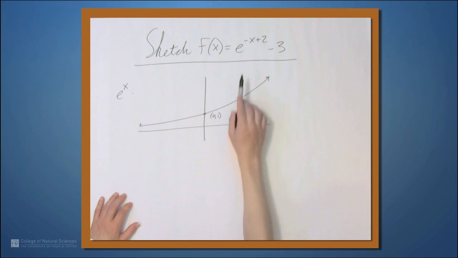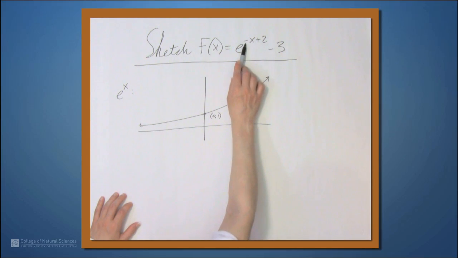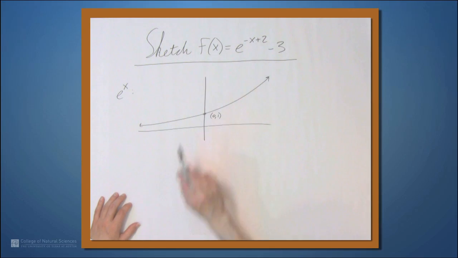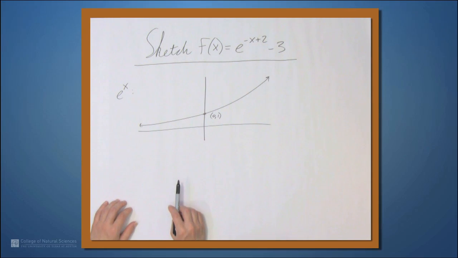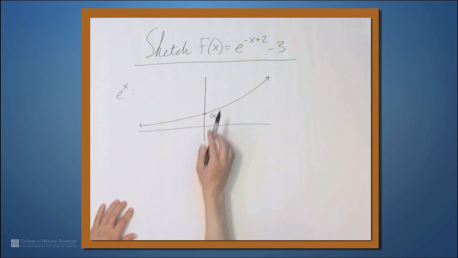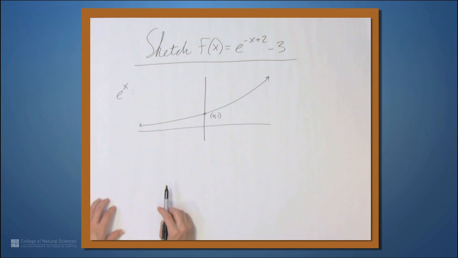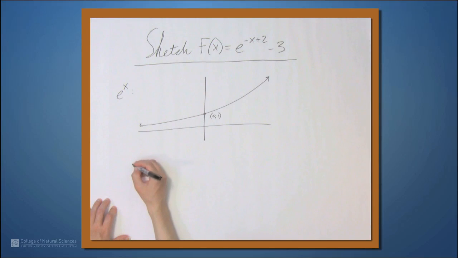And we have three things to do. We have to make x negative x. We have to add 2 to the exponent and subtract 3 from outside the function. So the first thing we'll do is add the negative to the x. And if you remember, if you have